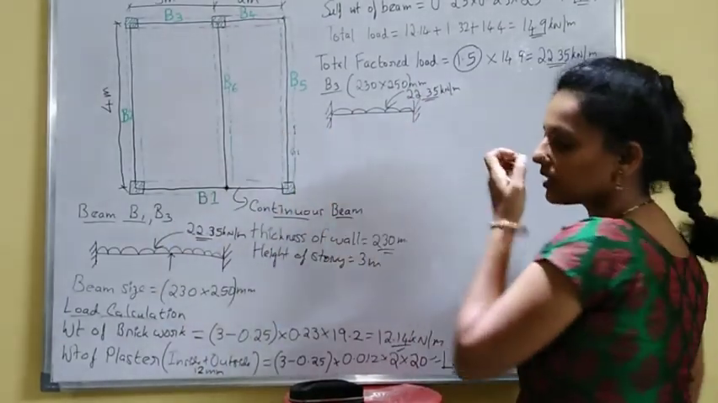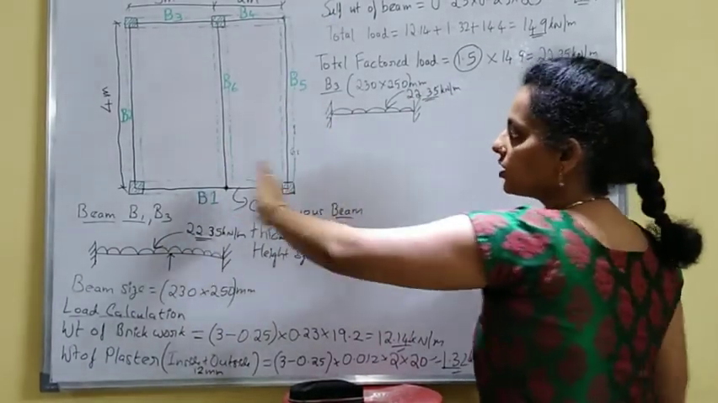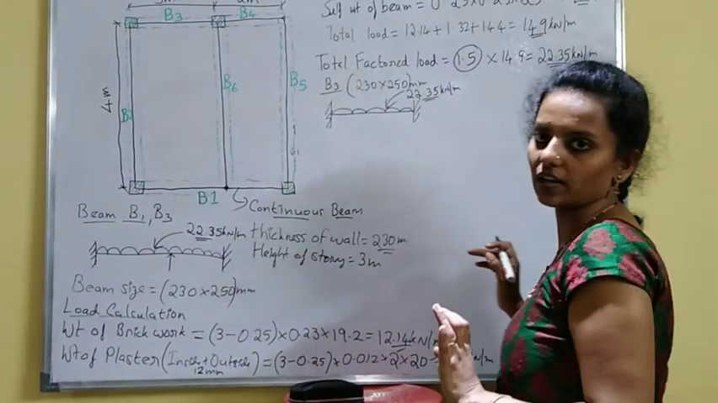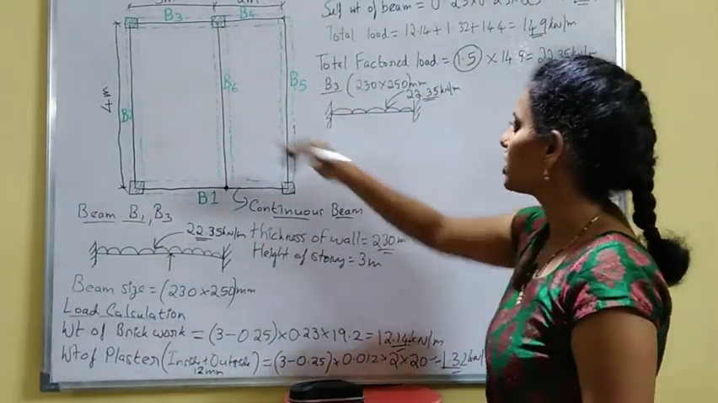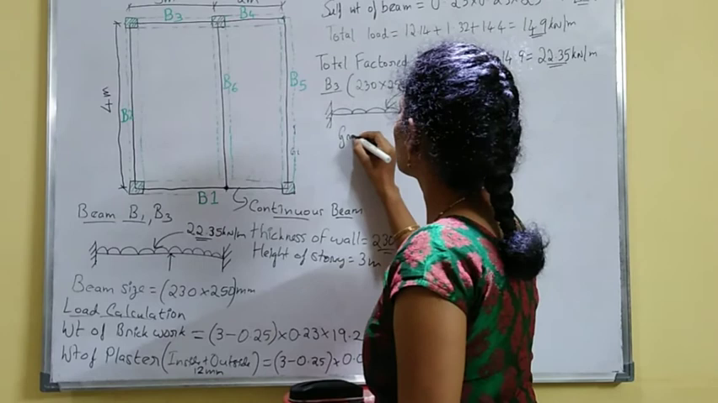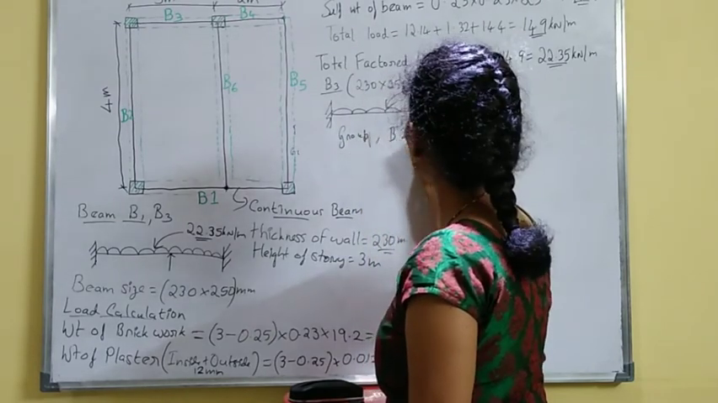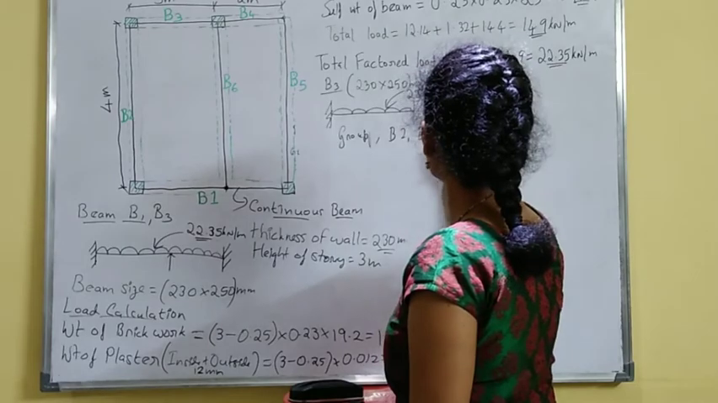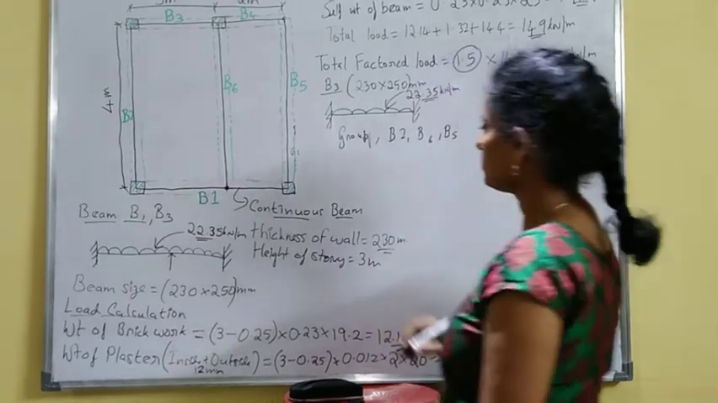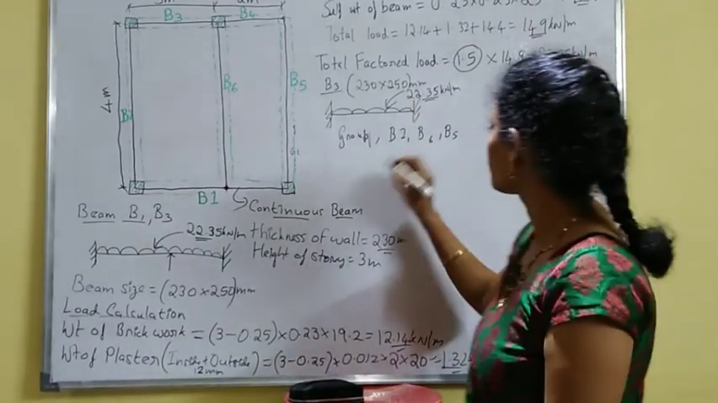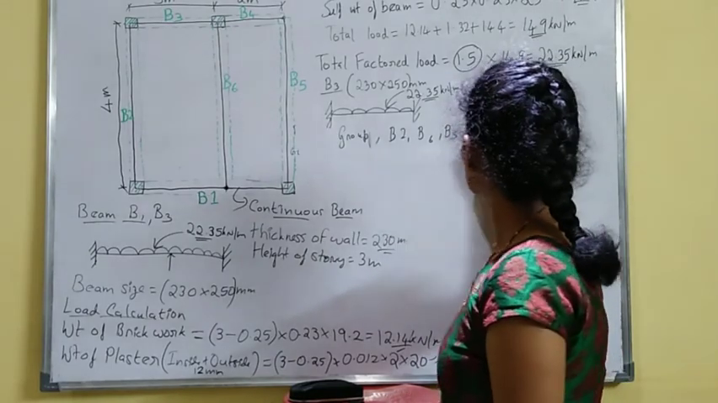Suppose there is a slab load, then you have to separate one by one. Okay, you have to calculate one by one. Here we can take a group, that is group of beams B2, B6 and B5. Okay, first step, assume